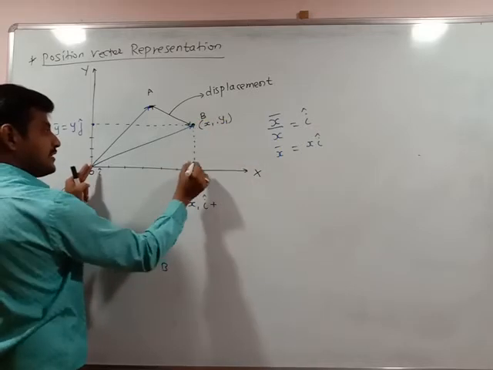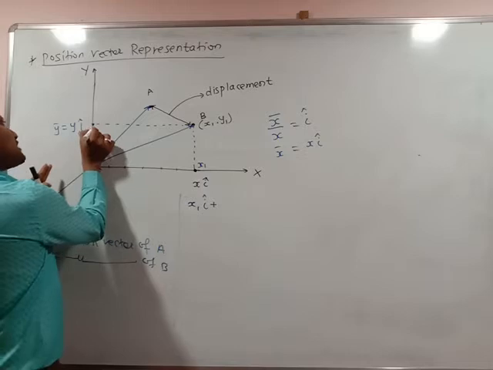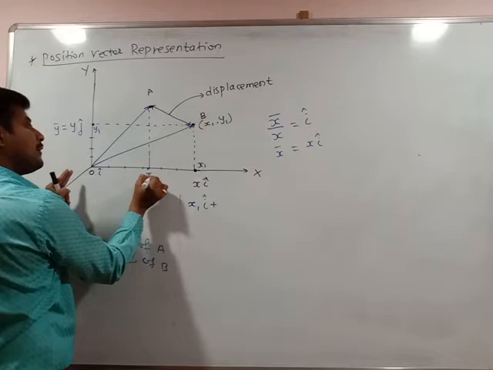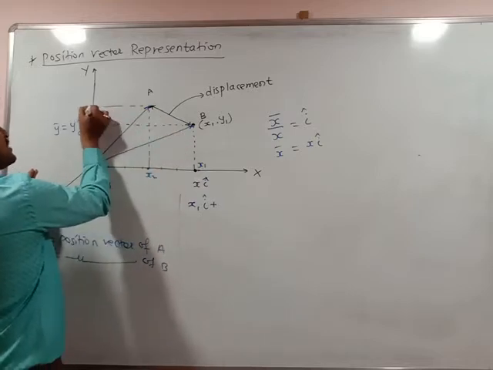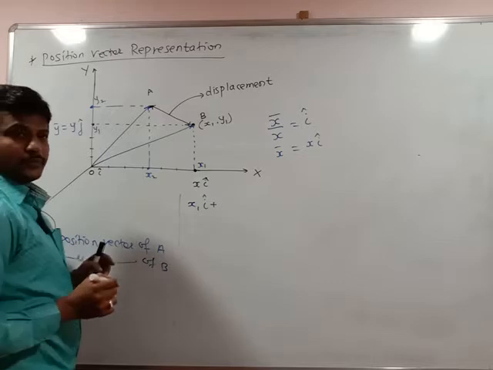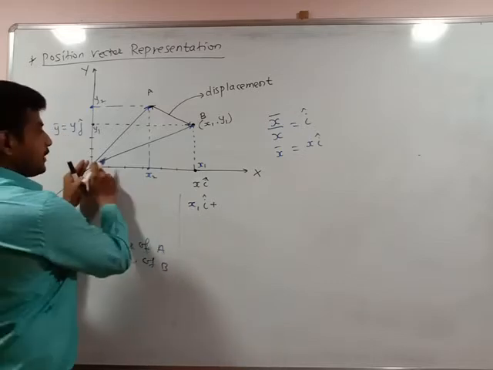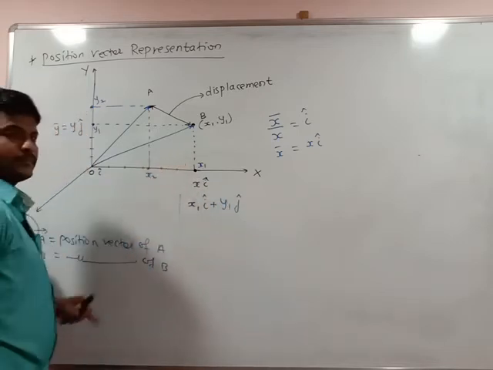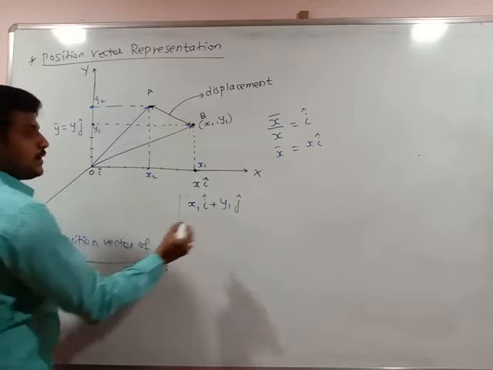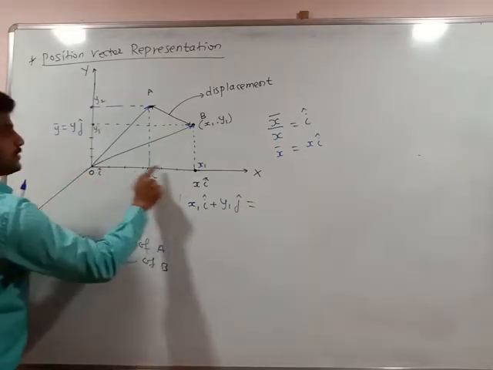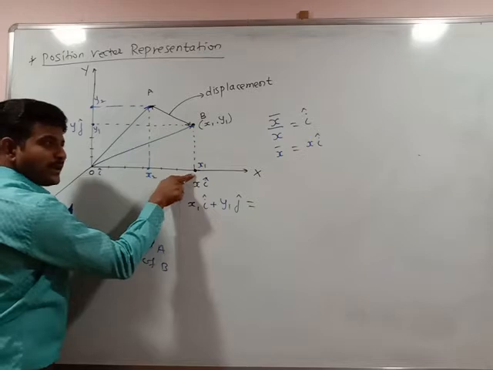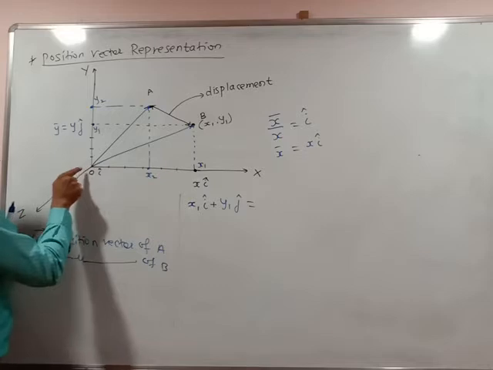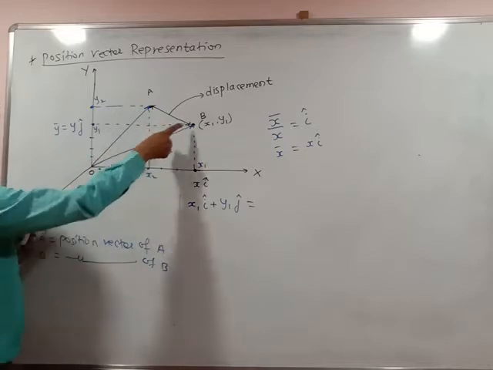So here this distance I can say it is a x1, here I can say distance is said to be y1. Here for this point the distance is said to be x2, for sake of simplicity. Here distance is said to be y2. Okay, so x1i plus this distance is said to be what, y1z. x1i plus y1z, what you get? This plus this. You can go O to x1, you can go x1 to y1, then you are reaching point B. If you go directly from O to B, you are getting the same point.